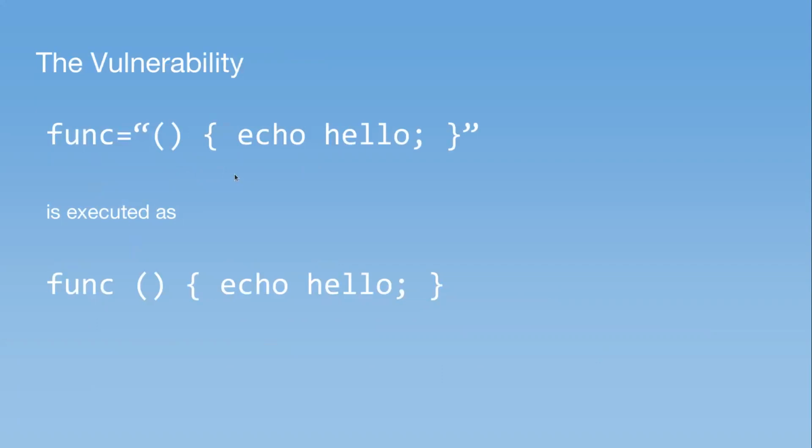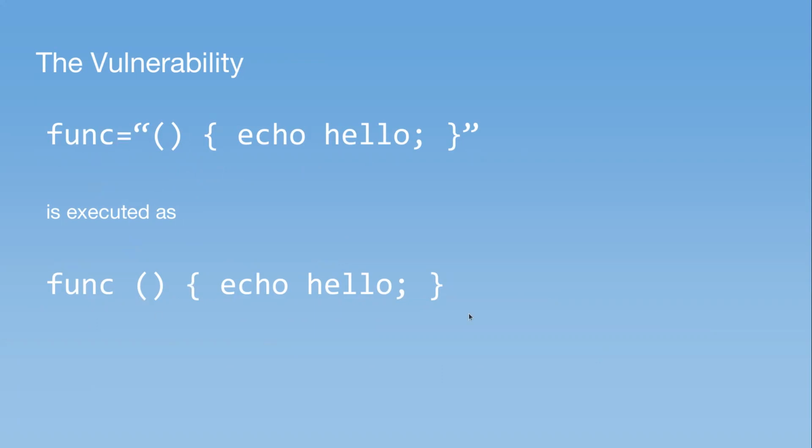So this is a more visual example. This would be the first step of export -f. It creates this environment variable func equals function definition. And when the child bash process sees this variable, it removes the equal sign, removes the quotes, and it